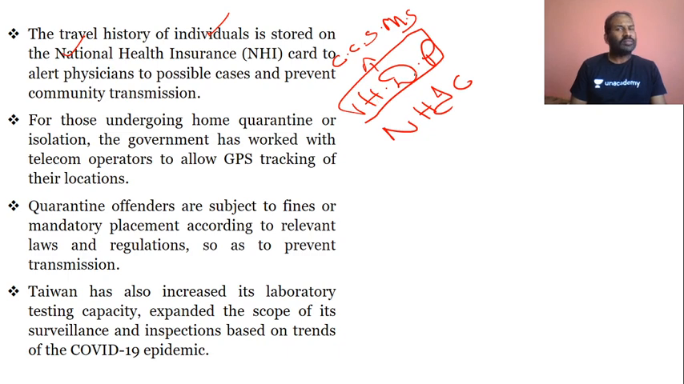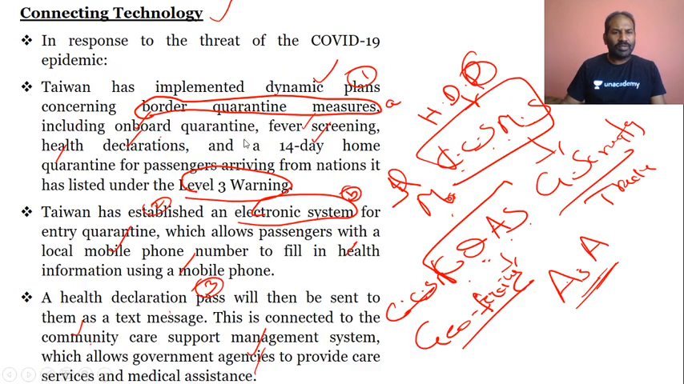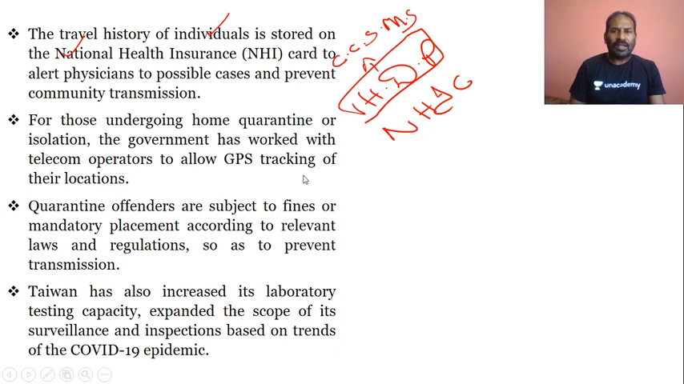In regards to health pass, what we were talking about, health declaration pass, and again in regards to having national health insurance card to alert the physician the possible cases and prevent community transmission. So look at the way the strategies the Taiwan government has taken, harnessing or connecting it with the technology. That is very important. So not only just having the national health insurance card, that they are having this data,